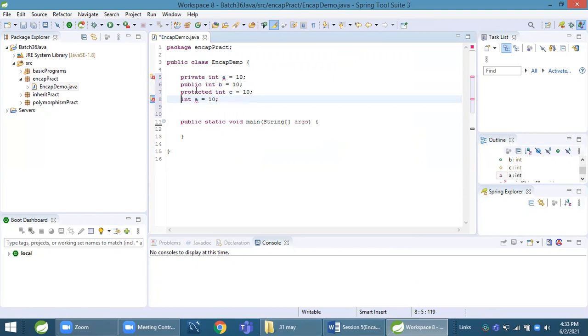If I don't specify any type here, I just say int a, this is considered the default type of variable, having default scope.